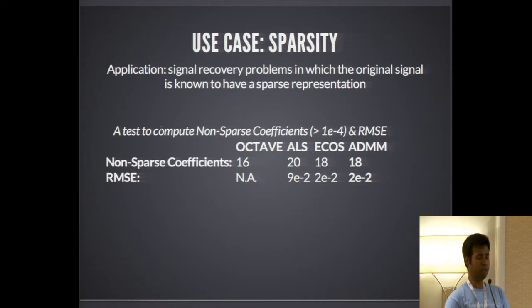The second use case is sparsity, which is L1 regularization. We don't have it in Spark yet, so this will be our major contribution. Here I'm showing where the sparsity shows up. In some cases we know the signal from which the problem came is a sparse signal, so we need to generate factors which are sparse. That's one of our motivations to do this.